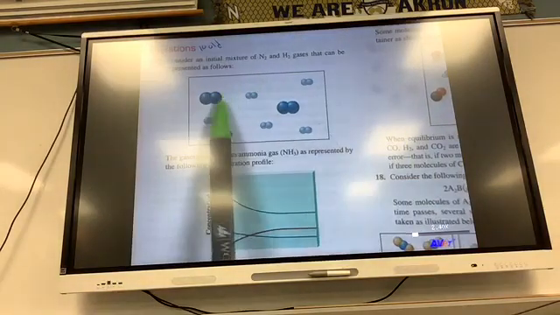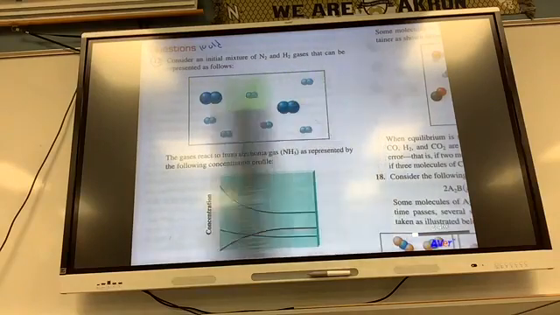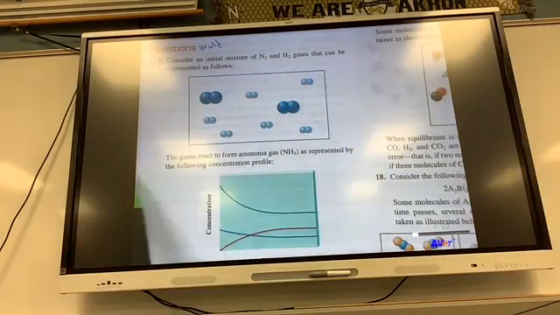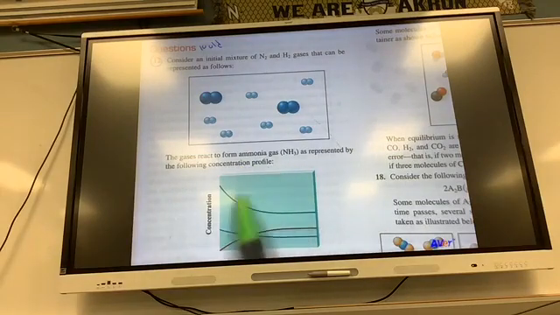12 says consider an initial mixture of N2 and H2 gases that can be represented as follows. The gases react to form ammonia gas as represented by the following concentration profile. So here's the profile. It will each plot on the graph as N2, H2, or NH3. Explain your answers. So, on this, the green line